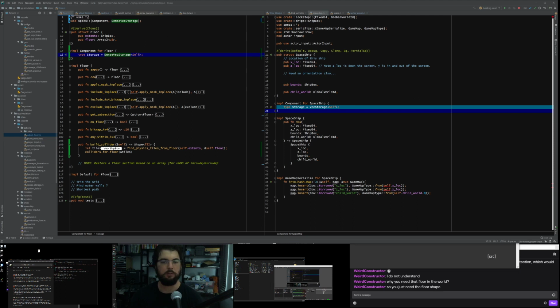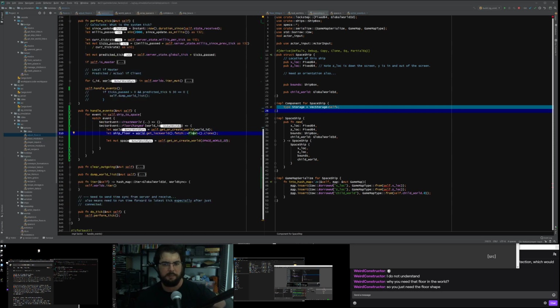Whatever, I'm not going to get too worried about this. So now we can put floor inside a spaceship. Since we can put floor inside a spaceship, we can now copy it across inside the sector and place it into the ship world whenever it changes in the ship. We haven't yet sent this event to the sector. I'll have to do that soon.